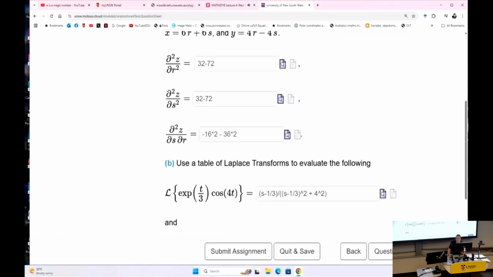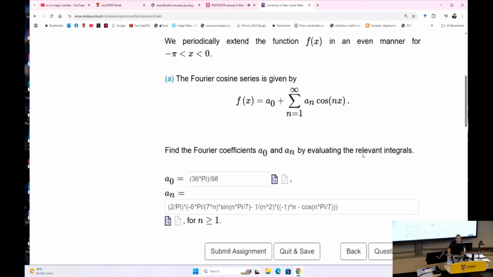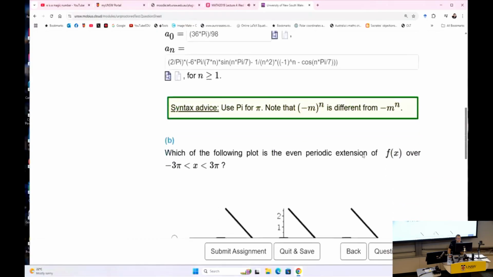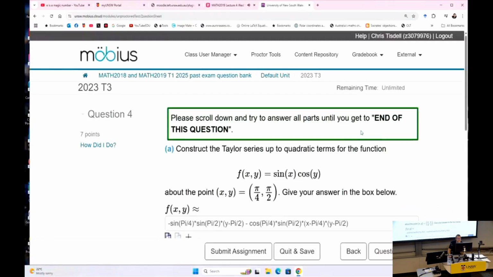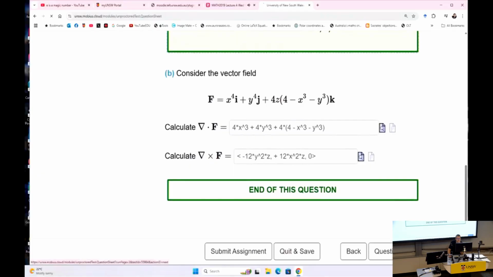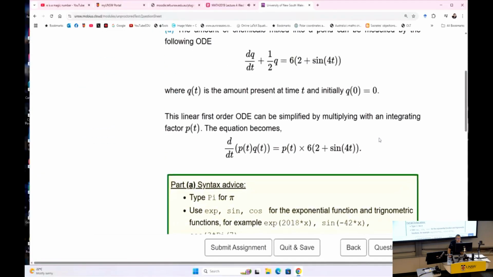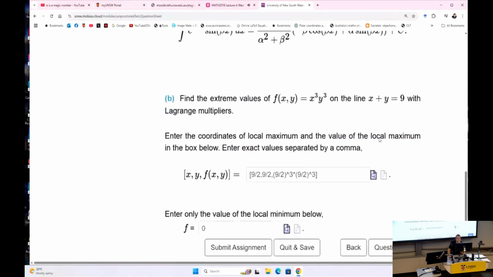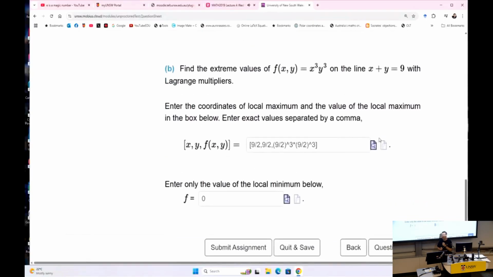Okay, so we did the chain rule and Laplace. We did Fourier series. We did Taylor polynomials and some vector calculus. We did differential equations, and then I think we got down to here. Okay? Now,